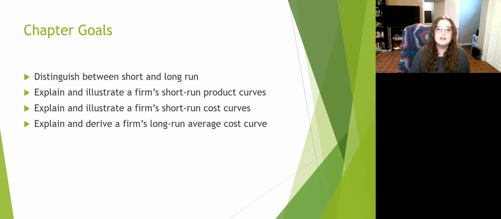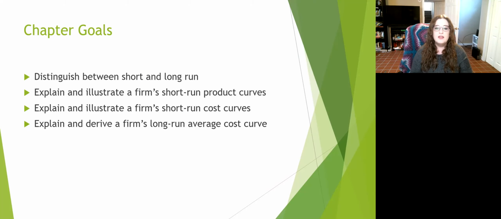So the really important things to get from this chapter, first we're going to learn the differences between the short and the long runs, right? What decisions can I make right now? What changes can I make right now? What are my short-term goals versus what changes can I make if I had unlimited time? What things could I do if I have unlimited time? What are my long-term goals? So your short and long-term goals are often not the same thing, and we're going to have to rationalize why